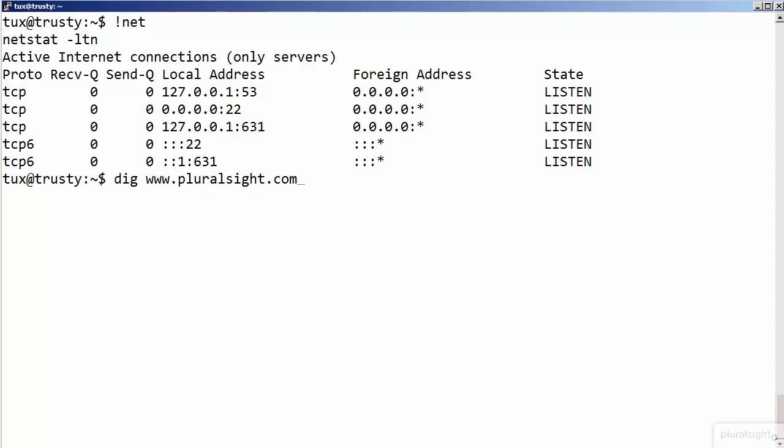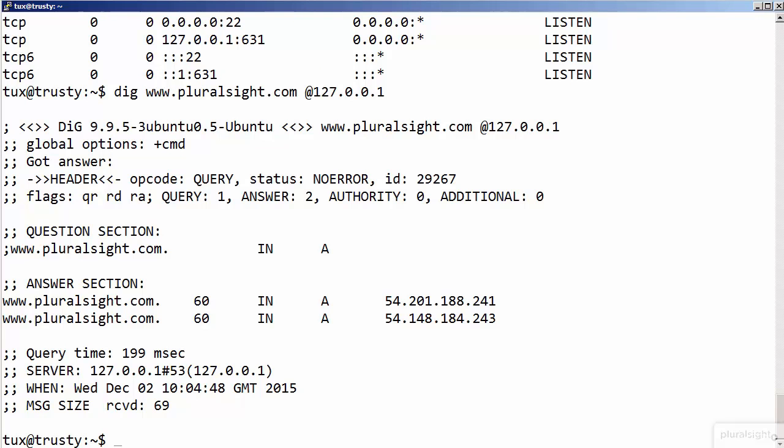www.pluralsight.com, and then we'll look at it from 127.0.0.1, we can see that we've got our answer section coming back, so we're up and running, and the answer did in fact come from our local host